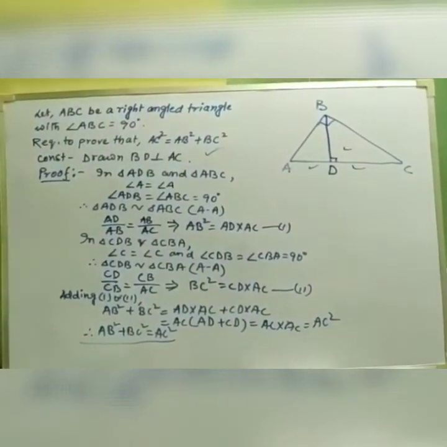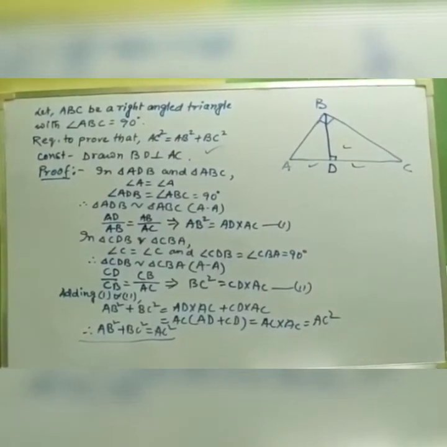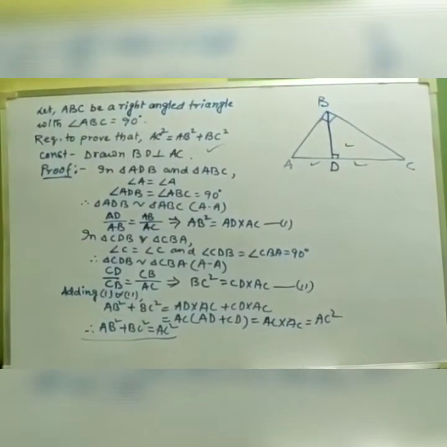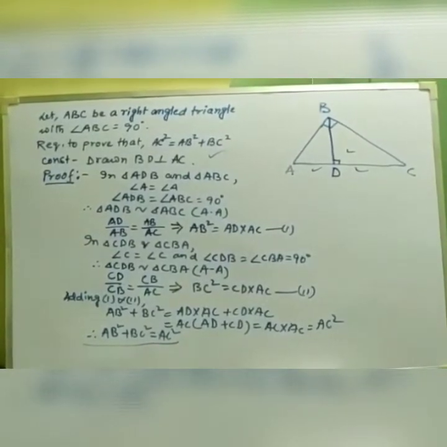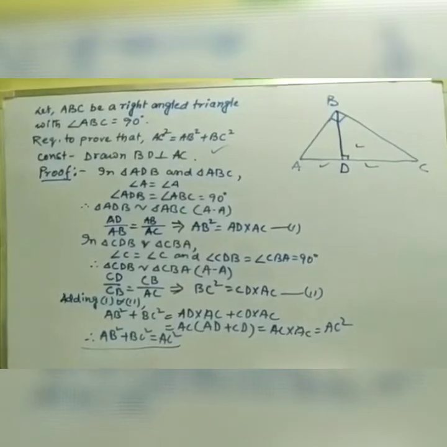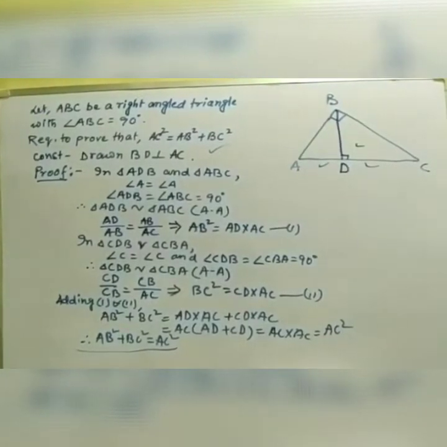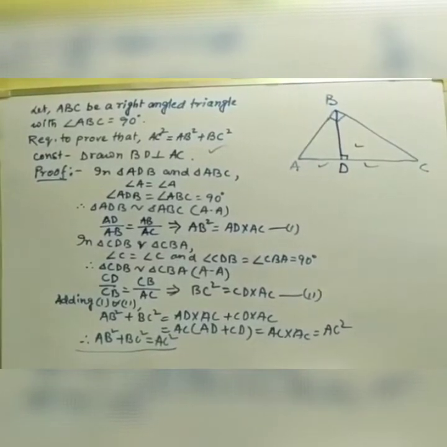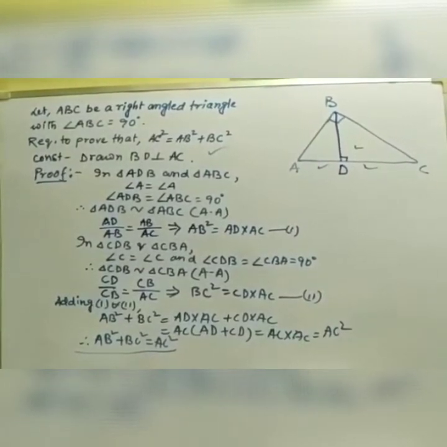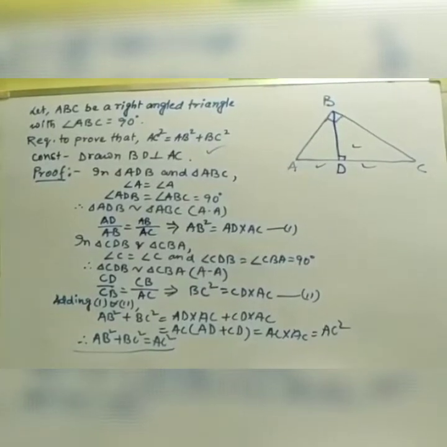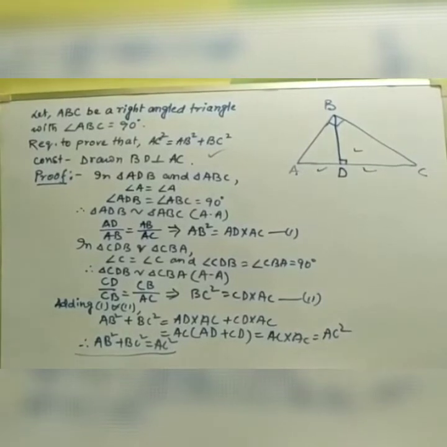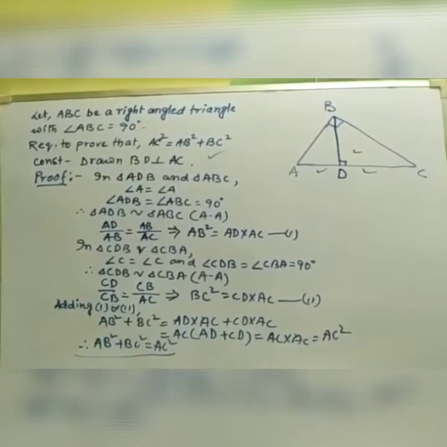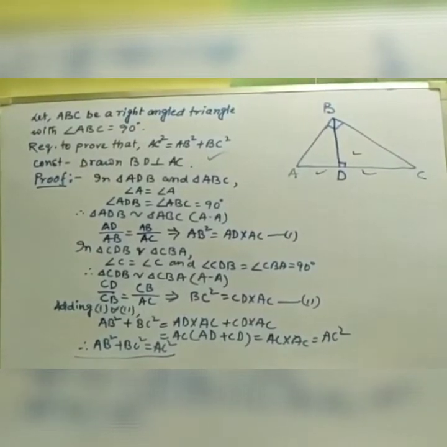So this is all about the Pythagoras theorem. This proof is very important, as with the previous theorem proofs. You have a variety of theorems in this chapter, as I told earlier. Previously you got the Thales theorem, then the internal and external bisector theorems, then the areas of similar triangles theorem, and now the Pythagoras theorem. You have another one, the converse of Pythagoras theorem, that I am coming to later on. You need to go through this properly.